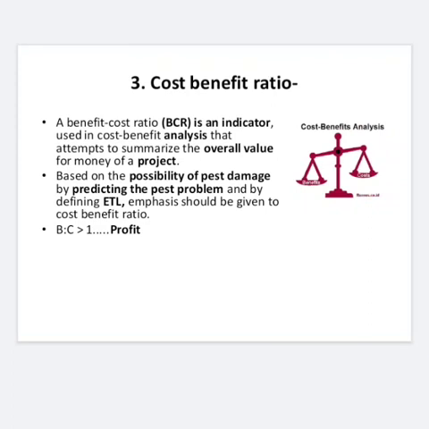The next is the cost benefit ratio, that is the BC ratio, which shows whether the project is in profit or loss. It is an indicator that if we invest rupees 1 on a chemical or pesticide, then we must get some benefit. Environmental safety and resistance issues are also important. And only if necessary should we go for pest management, by defining the ETL.